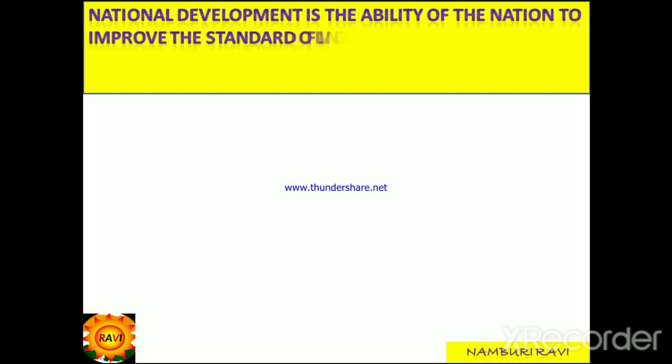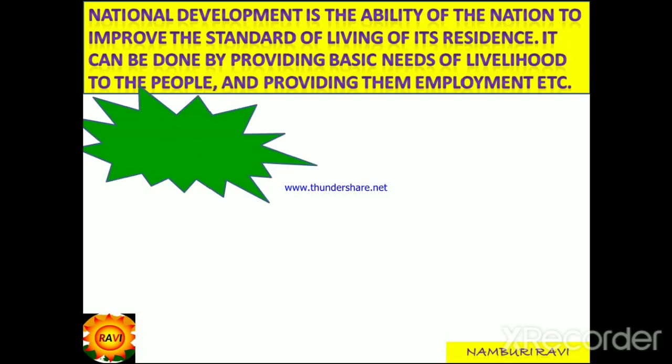National development is the ability of the nation to improve the standard of living of its residents. Not only getting more national income, but also providing all kinds of facilities to the people, and by providing these facilities, improving their living standard comes under national development. It can be done by providing basic needs of livelihood to the people and providing them employment and many other